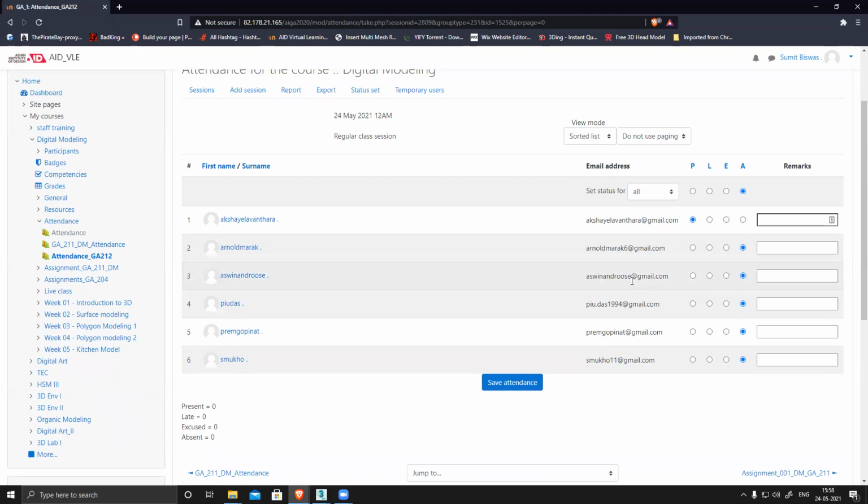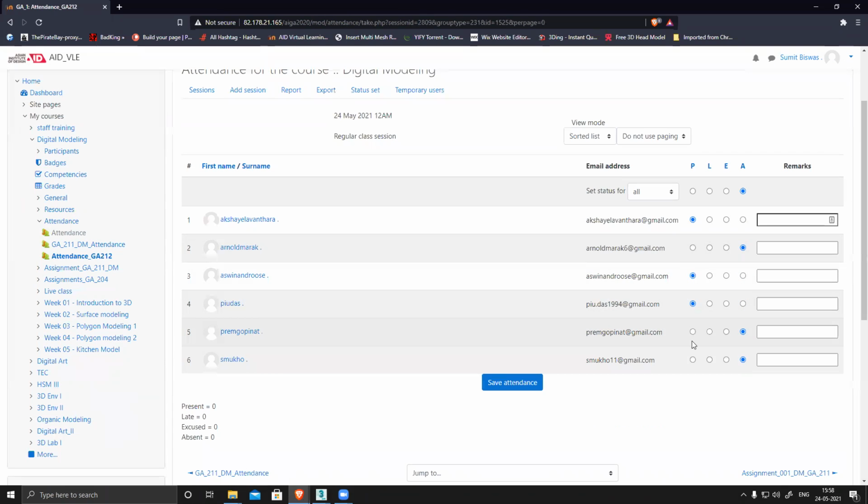Okay, Akshay is present. Ashwin is present. Yuda is present. Preem was present. Gopinath present. And this one is, oh, he is absent. He messaged me, yes. Okay.